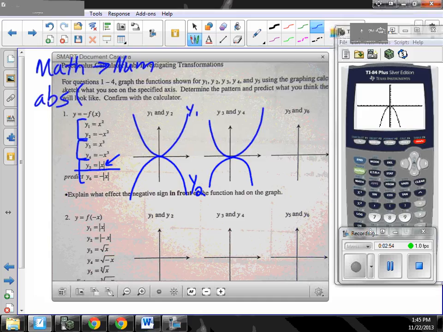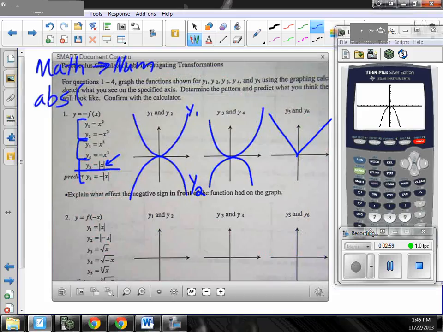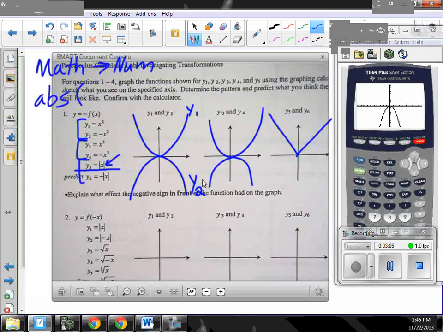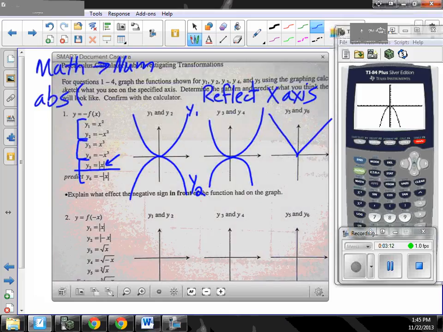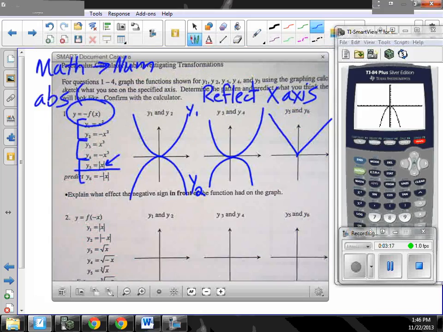For the second graph, you should have gotten this and that. And for the third graph, you should have got that. And have you picked up the pattern? What's the pattern? Reflect x-axis. So this is reflect x-axis. So you'll notice this is the transformation. y equals the negative version of f of x. So that says if you take a function,